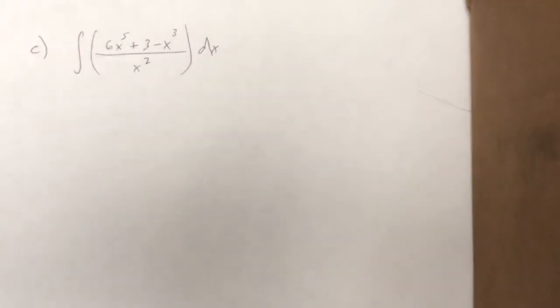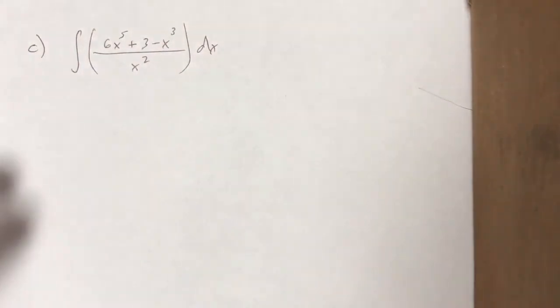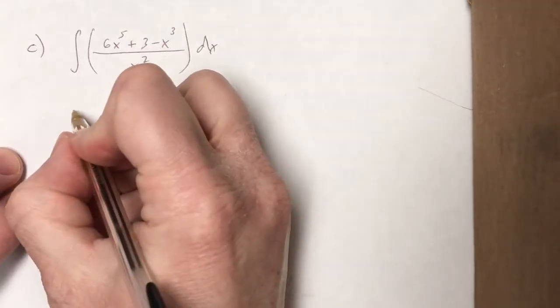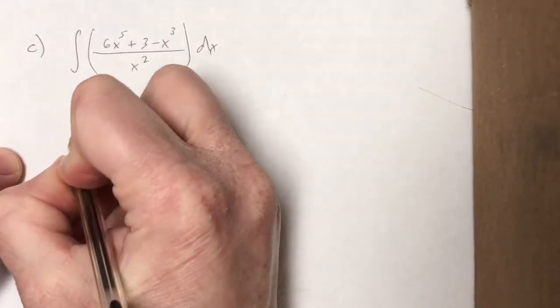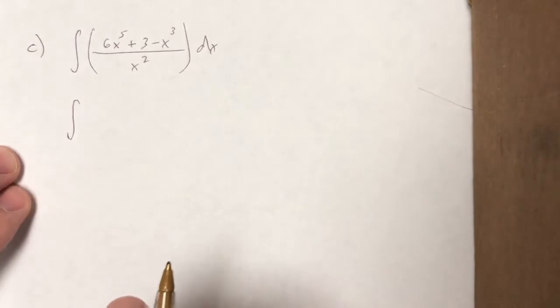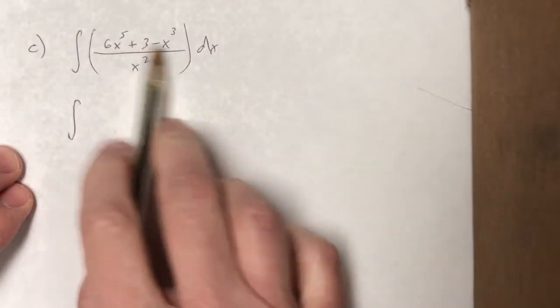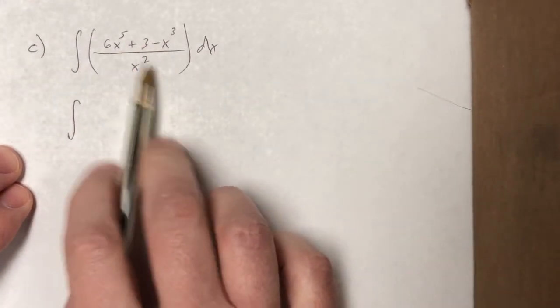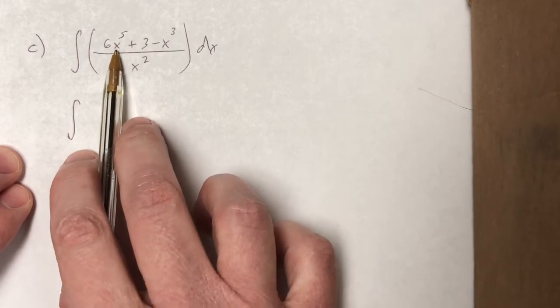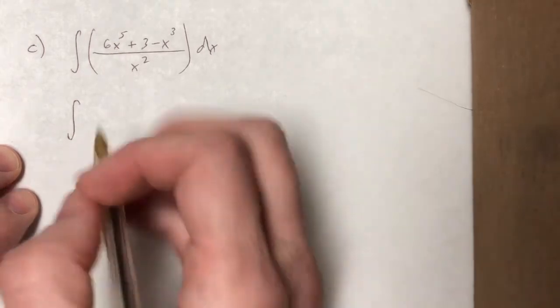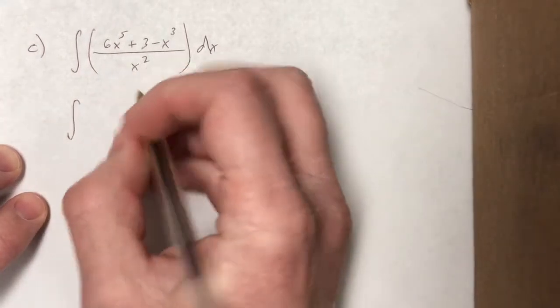Example C. So again, the same thing applies with all of these. If it's possible to do so, you want to rewrite everything so that all of your variable x's are in the numerator position. All right, so what this really means is